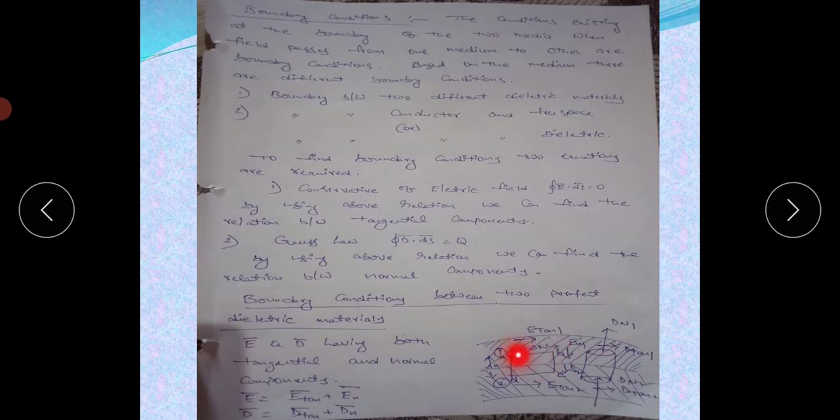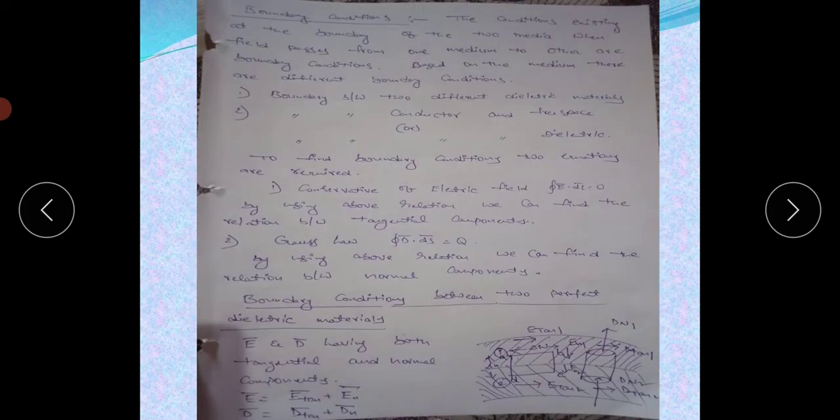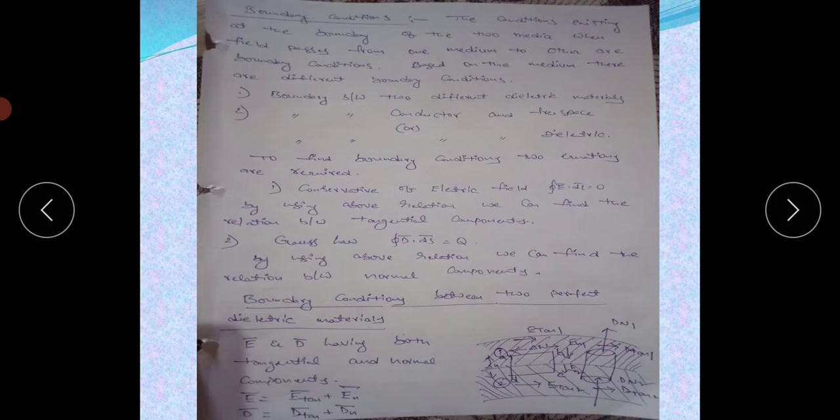So integral AB E bar dot dl bar equals, in the AB integration, E bar equals E tan 1 and integral dl equals delta w. Okay, integral AB E bar dot dl bar: the AB side lies in medium 1 and AB is parallel to the boundary. So in AB, E bar equals E tan 1 and integral dl bar means the total AB length. We are taking AB length equals delta w. So it equals E tan 1 delta w, plus the next one, integral BC plus integral CD. At a time we can find these two. So integral BC, next integral DA.